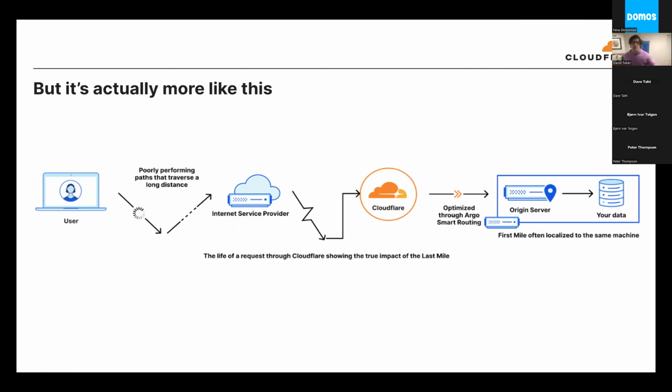And on the user side, we didn't even talk about Wi-Fi. So the user might have to go over the air to get to the Wi-Fi, which goes to the ISP, which goes to a CDN if you have one. And then there is some CDN technology that's applied to make it faster. And then you go back to the origin to get your data, and your data may be on the same place as where you're receiving origin traffic. It may not, it may be somewhere completely different. So you have to go get that data, return it all the way back. That's a really long way.